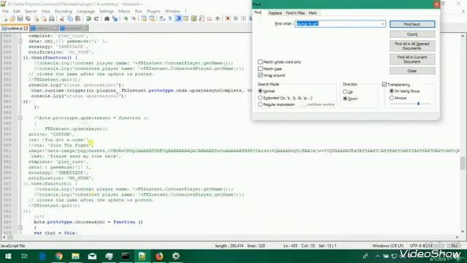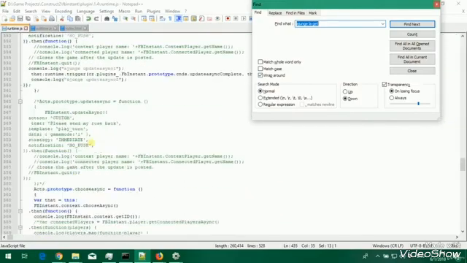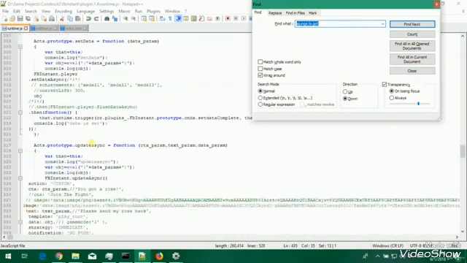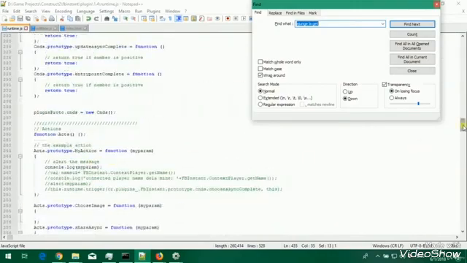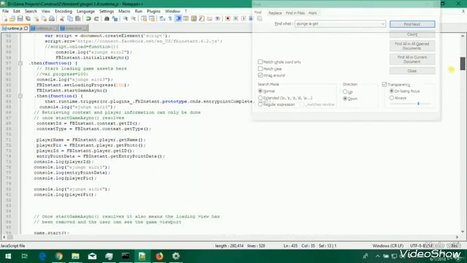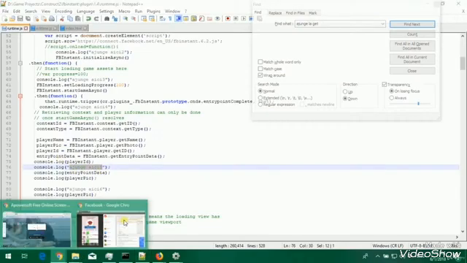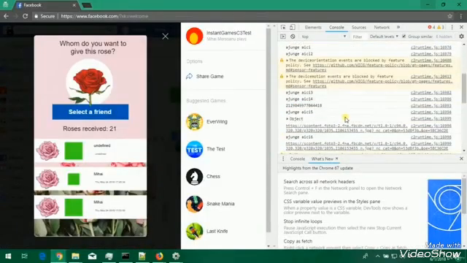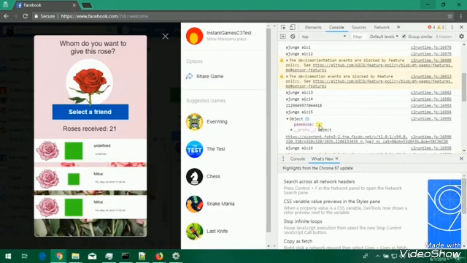Entry point data. Let me see how I've put this entry point data. Okay, between this console log, let's see it. And this is game mode 1